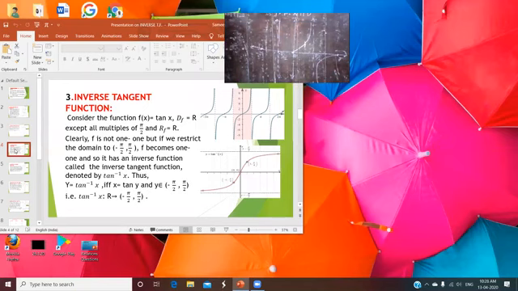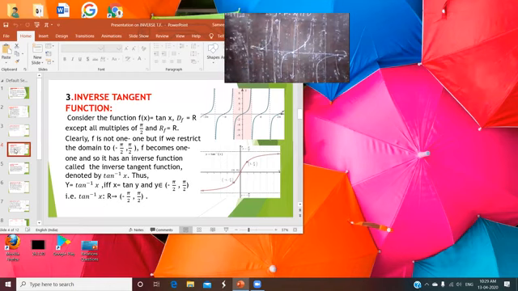That decreases up to infinity. Now, for 0 to pi by 2, that is your fourth quadrant, and in the fourth quadrant tan is negative, so it goes up to minus infinity. And for minus pi by 2 to pi, that is the third quadrant, and in the third quadrant tan is positive, so it starts from 0 and you can draw it up to infinity.